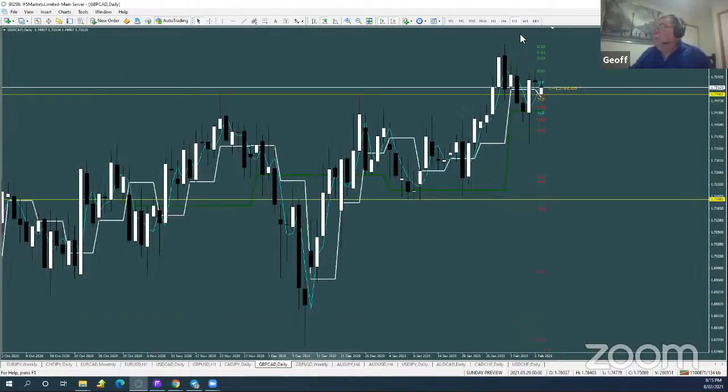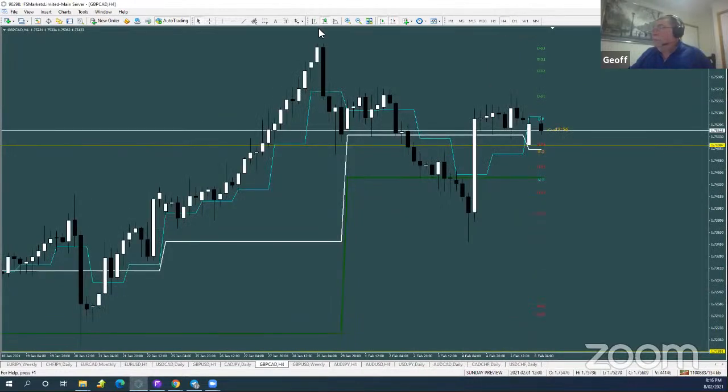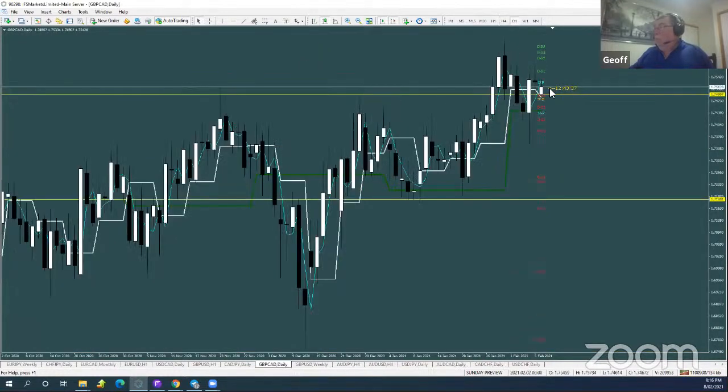Pound CAD. I did go through this earlier, and I think again it's in a no trade zone. What I do think, however, is that there is potential for this to go short, but it ain't now. See the pivots, daily pivot, weekly pivot, monthly pivot, they're all crossed. And this is just telling me that we're staying here for a bit. It's not giving me any indication that we're going to break out of this area anytime soon. We're winding up, I get that part. But at the moment,